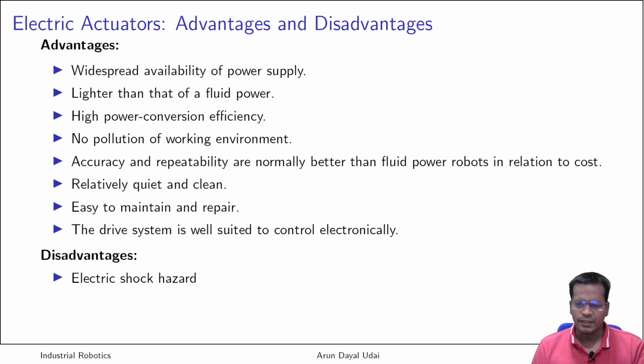Electrical shock hazard, that is always there. Sometimes in AC servo motors, you can see very high voltages within those motors because they use AC to DC and DC to AC converters. So those DC voltages can go as high as 720 volts, which is really very dangerous. But yes, because it is enclosed properly and proper safeties are taken, it can be taken care of very easily.